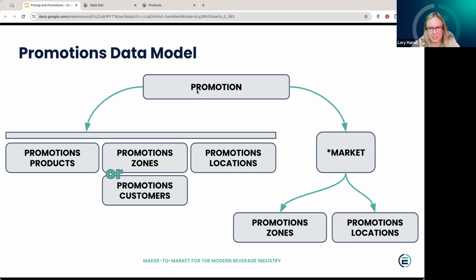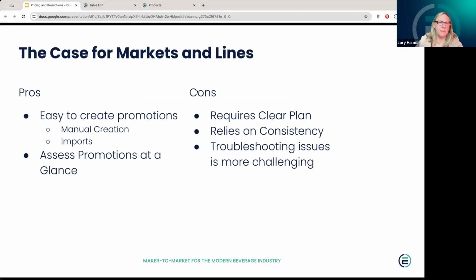So what I'm going to say to you now is I do think that using market is the recommended path, and I like it for a couple of reasons. I'm going to come back to my pros and cons. I think that it makes things so easy. In our setup, I set that Sterling market and it didn't have what I needed in it. And that was because of the con that it relies on consistency, a clear plan, and clear naming conventions above all. But when those things are in place, both manual creation and import of promotion are so easy